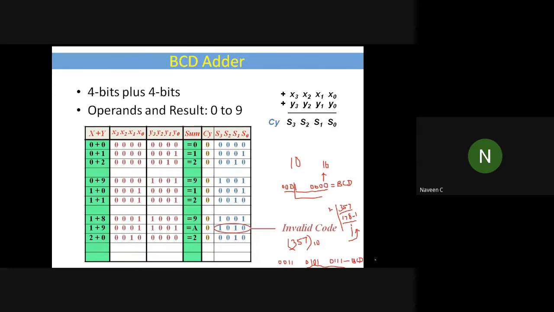But if you do like that, if you see what is the equivalent value, this is the BCD value for this. But if you see the equivalency of this value with binary, it is 357 plus 6. This will be the binary value. This is the BCD value, I think you can understand. This is the BCD value for 357.